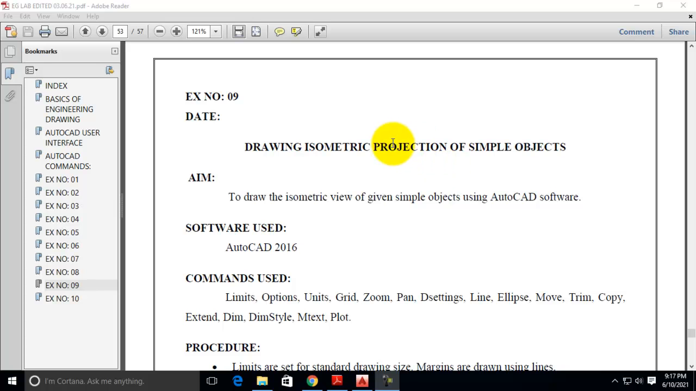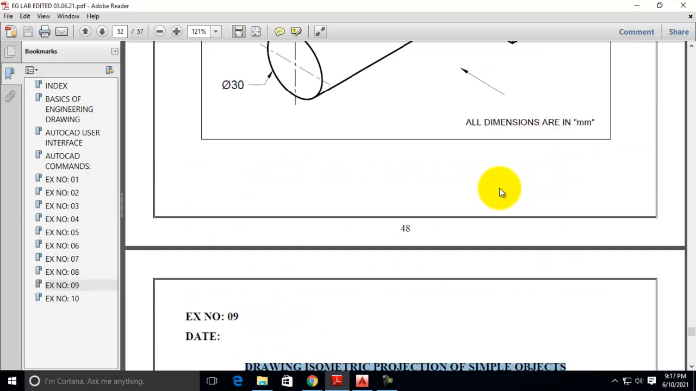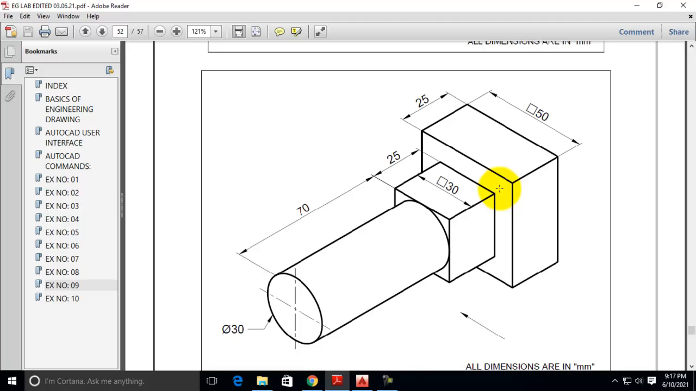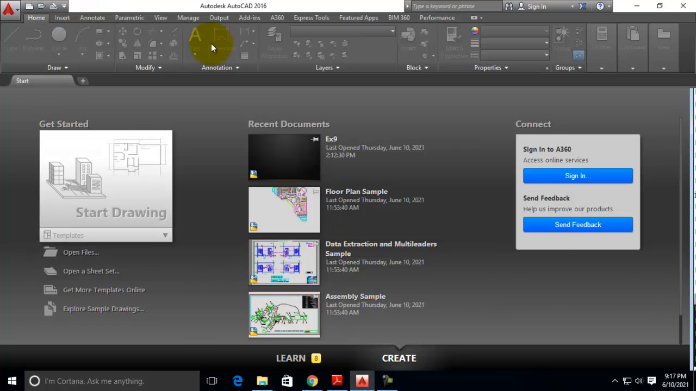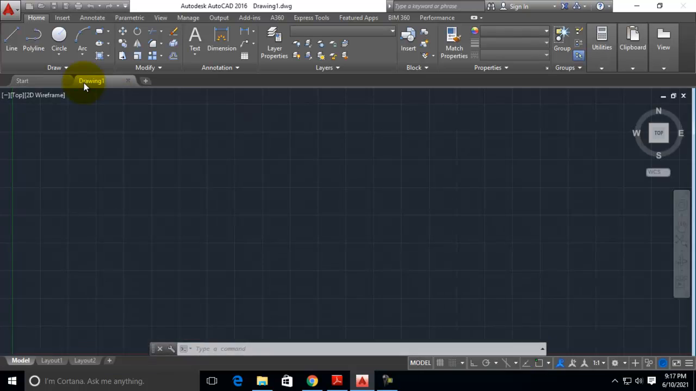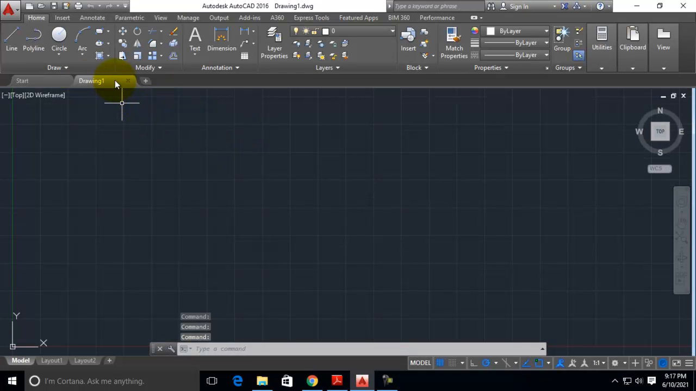Now we are going to see exercise number 9, drawing of isometric projection of simple objects. In this we are going to see the drawing of the second diagram, that is this component. We are going to draw this component using AutoCAD, that too in the isometric drafting method. Now first of all, after opening the AutoCAD software, first go to the grid settings by right clicking